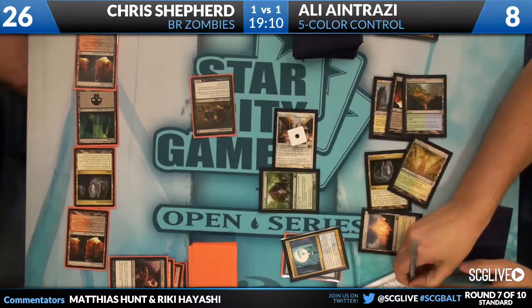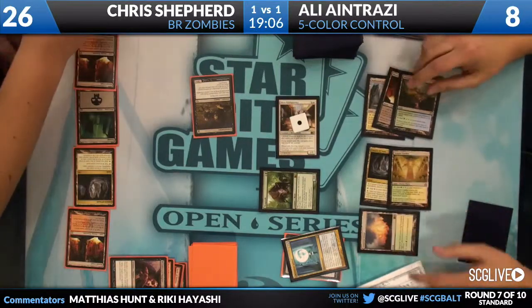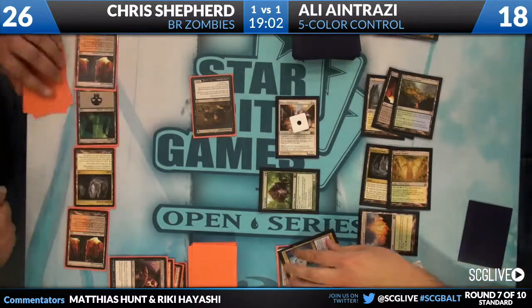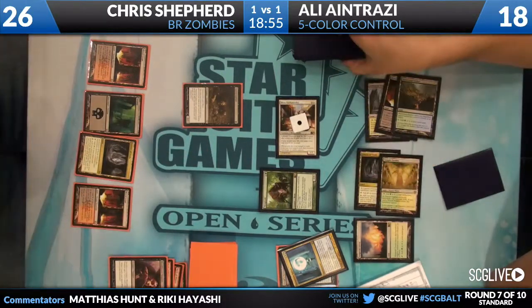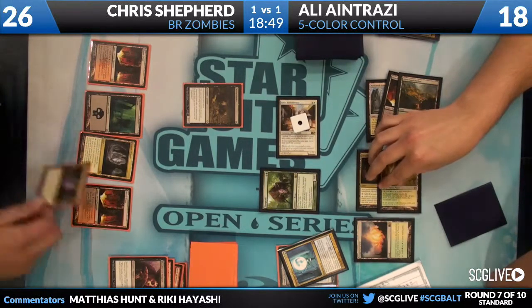And Thragtusk puts Ali up to 18. And I think into control of the game. Yes. Chris has got 2 cards left? 2 cards left, third on the way. What's his best draw here? Falkenrath Aristocrat, and you still have...